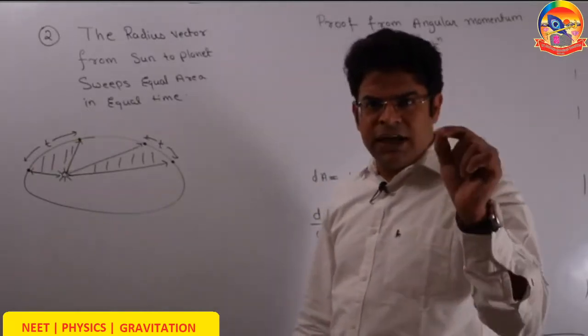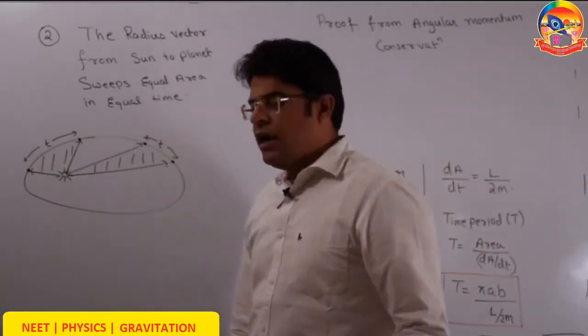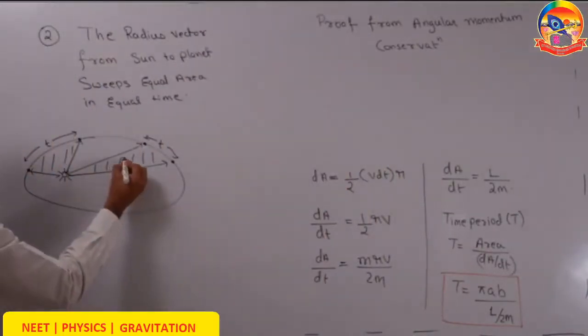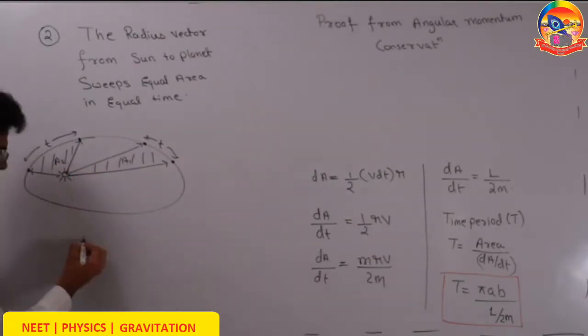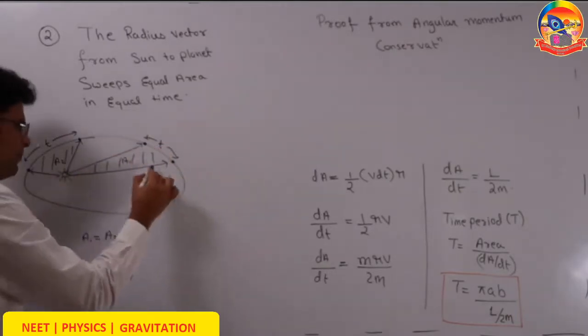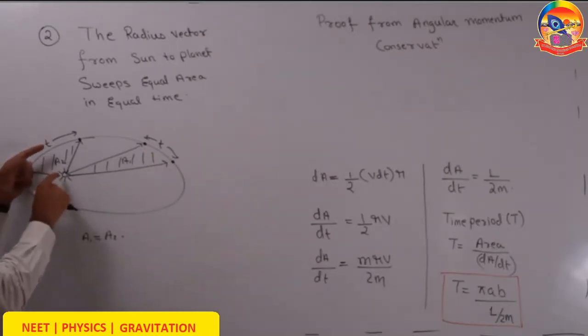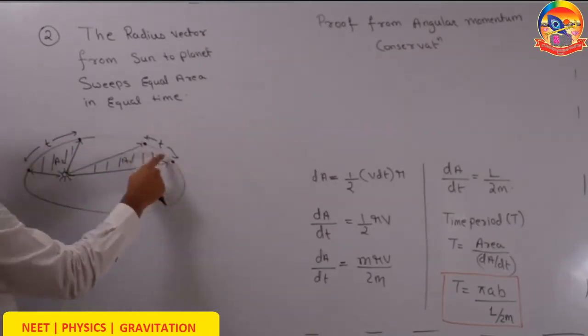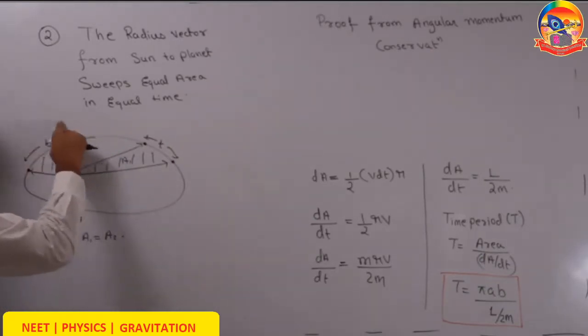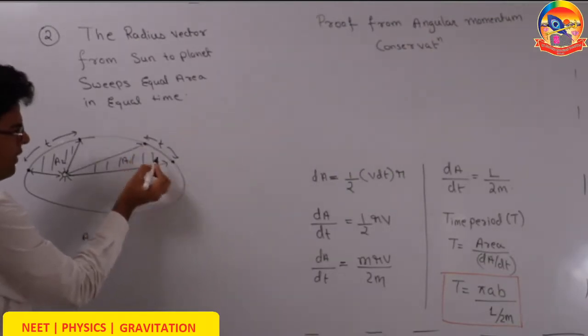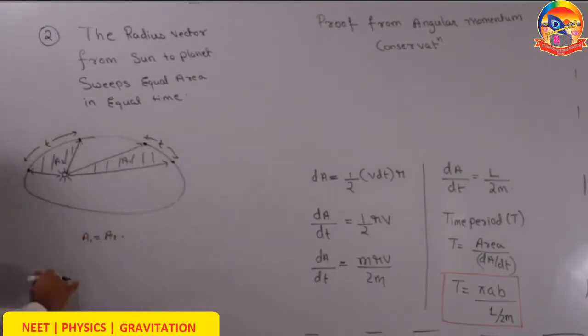So if it takes a time t for planet to go from here to here and another time t to go from here to here, then these two shaded areas have to be equal. So if I call this area A1, this area A2, A1 has to be equal to A2. Now see here, if I approximate them to triangles, here the height of triangle is more, here the height of triangle is less. So for the area to be the same, here the base of triangle is less, here the base of triangle is more. So understand that the path length traveled when planet is away from sun is less, and the path length traveled when the planet is close to sun is more.